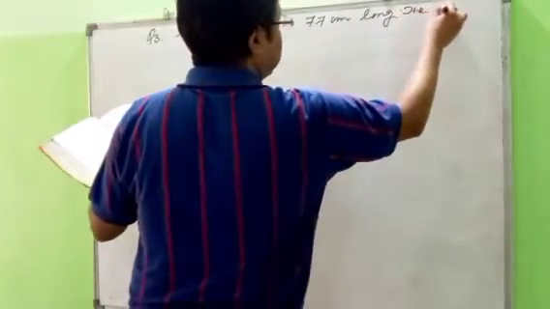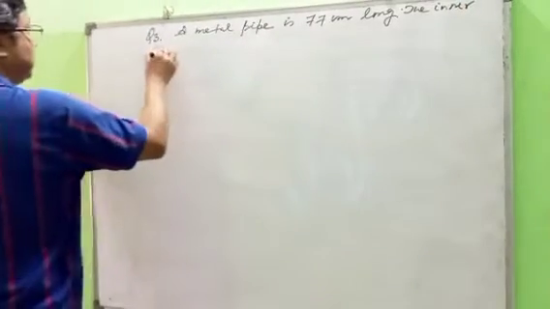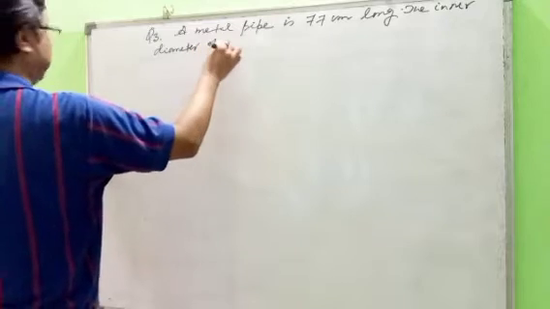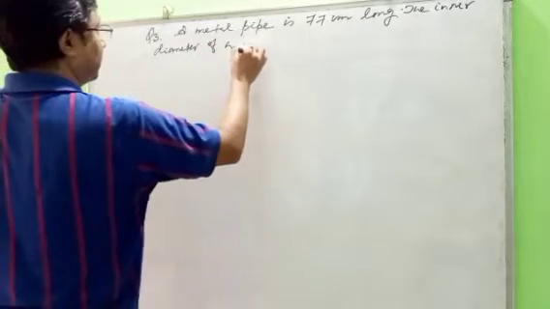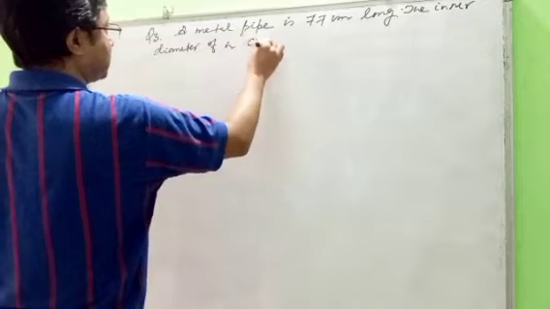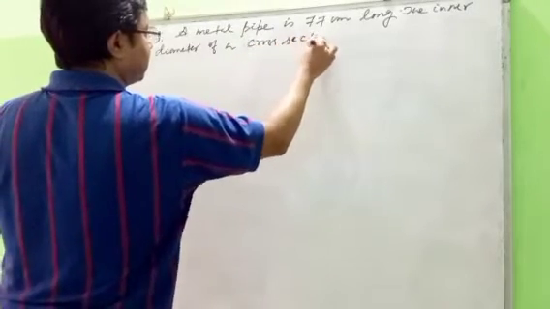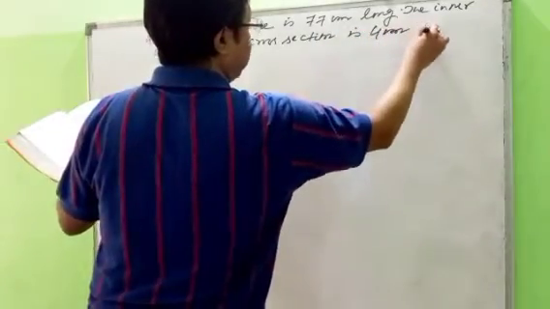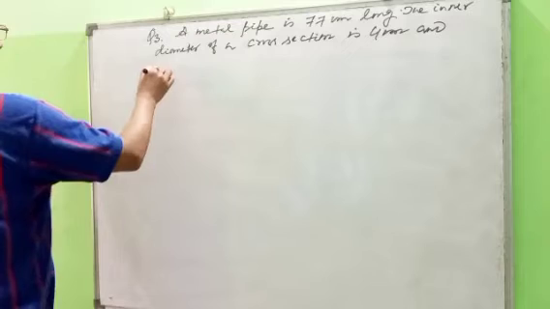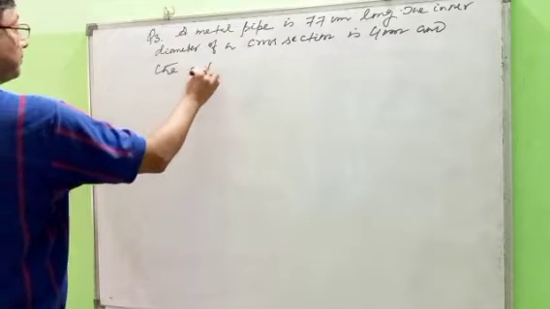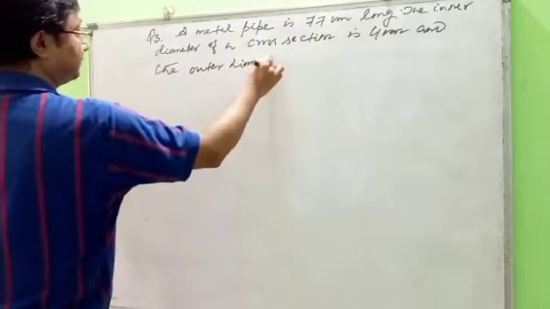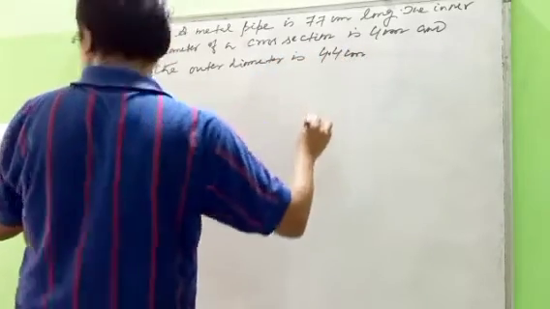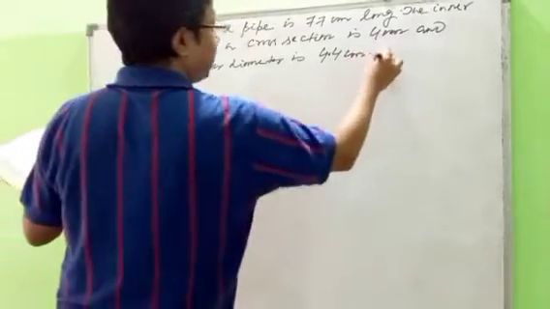The inner diameter of a cross section is 4 centimeter, and the outer diameter is 4.4 centimeter. Find